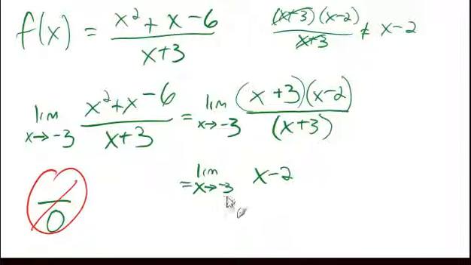Now let's see what happens when we plug negative 3 in there, to see what the limit of this would be, which is direct substitution. That would be negative 5. So how wonderful that we can do that. If we can cancel some stuff out, hopefully cancel out the factor that's causing all the commotion, then we can be left with something that we can plug into. Okay, so that's the dividing out method, and we're going to try one more kind of thing,